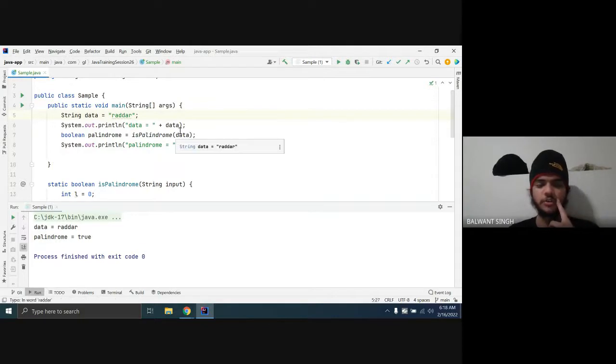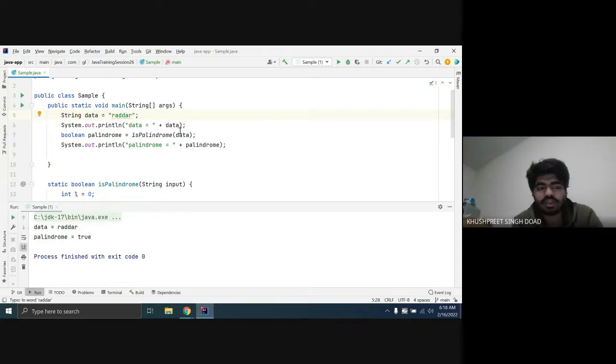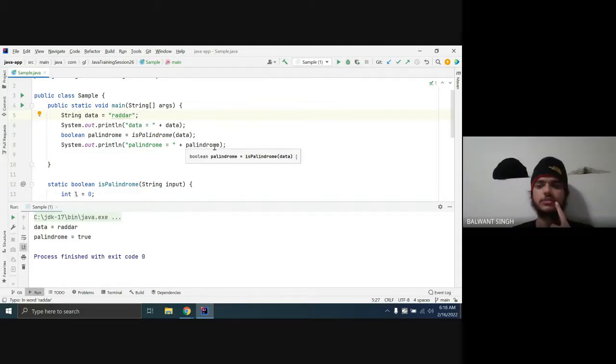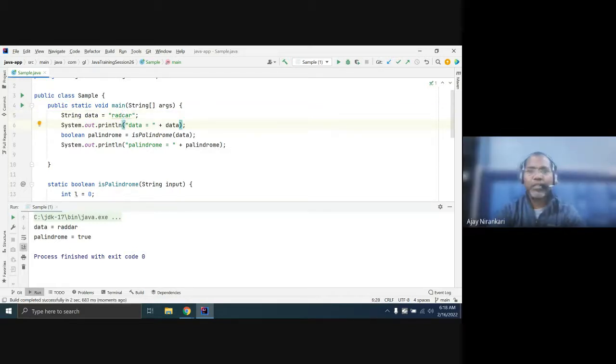But sir, can you change the D to any other character? But sir, in the condition we will write while L less than or equal to R, so it will not check, I think. Any input you take here, what can I write? Yes, it will check. Can you write any other character, like C, so that it becomes false? Like C. Yes.